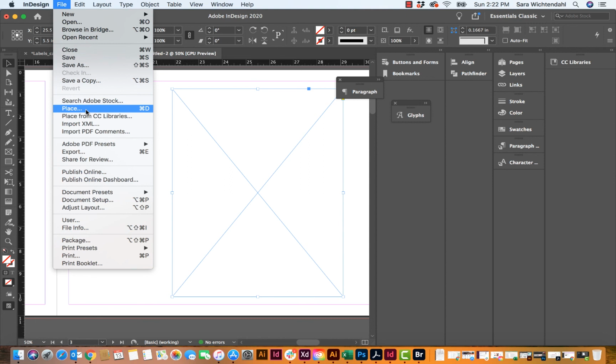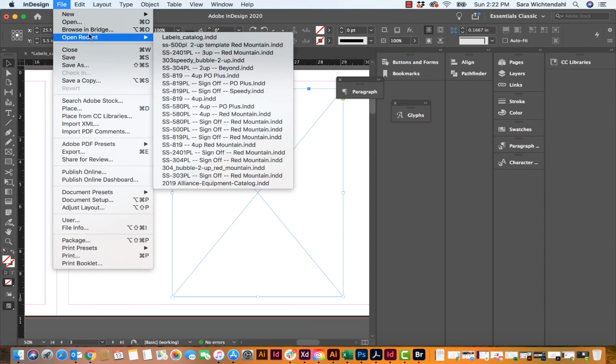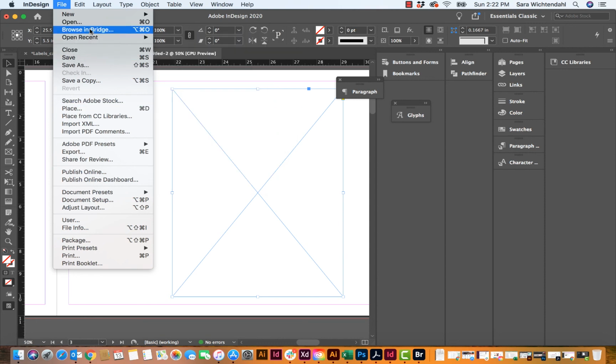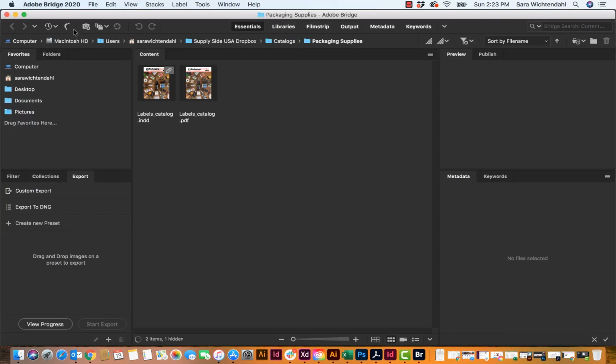Another way to get your images in, especially if you have a lot of images that you're bringing in, is to browse in Bridge. And if you don't use Bridge, I recommend using Bridge for batching files, as well as for some of your file management, because it's very helpful when you're working with large documents with lots of images in looking at those. So I'm going to go to File, Browse in Bridge, which will open up Bridge, and that's going to send me to